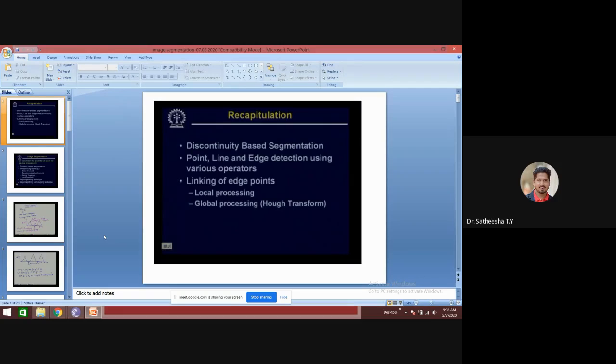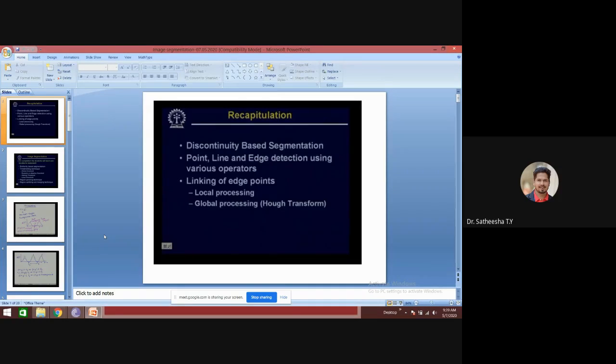For the first few lectures, we are discussing image segmentation operations and image analysis operations. In our last class, we talked about discontinuity based image segmentation. We have discussed earlier that there are mainly two approaches of image segmentation. One is discontinuity based segmentation, and the other one is similarity based segmentation.